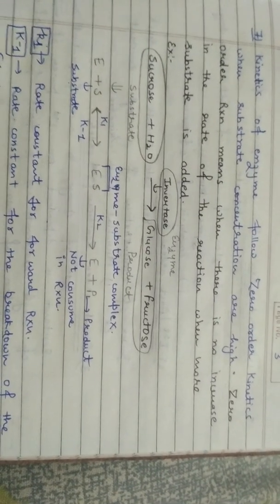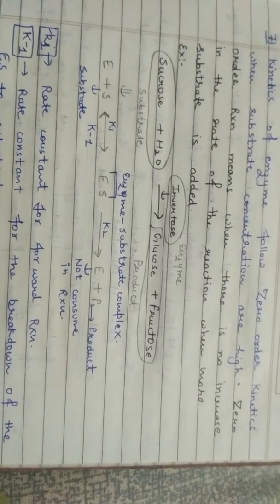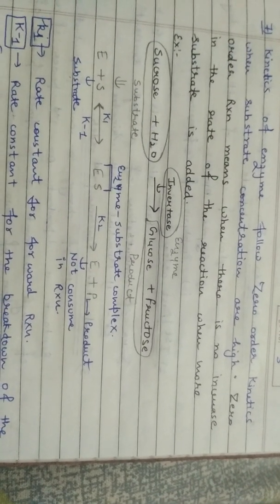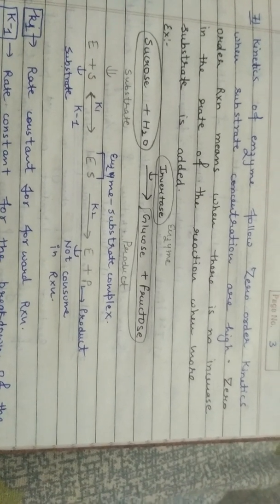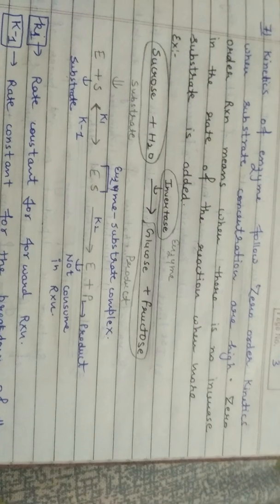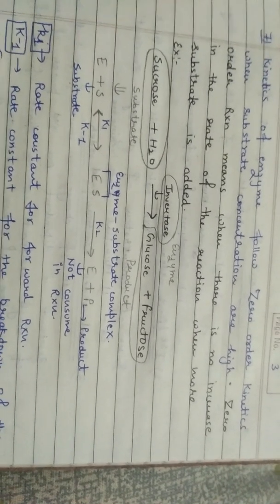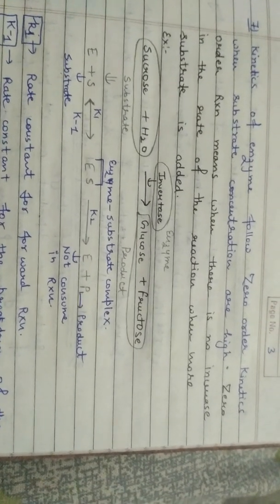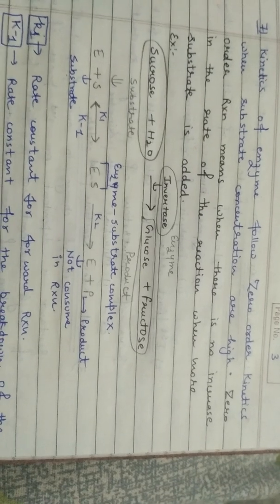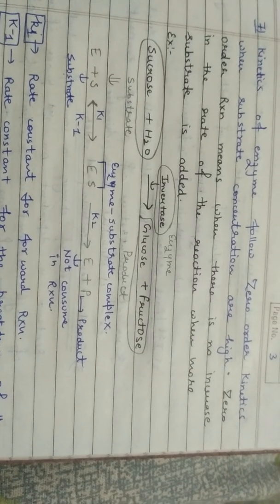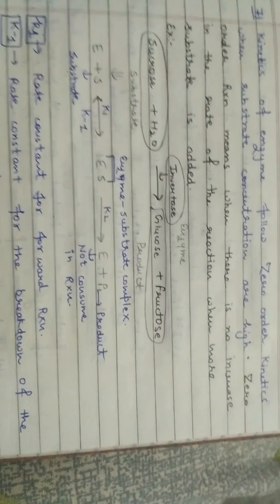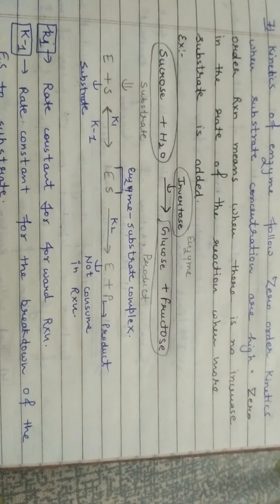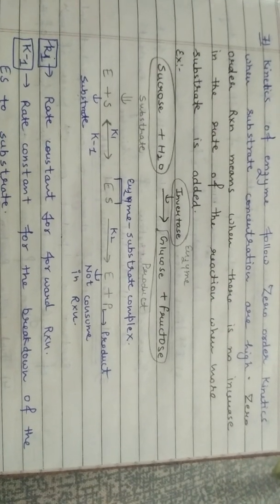This was demonstrated by Brown. When she added more and more sucrose up to a limit, the product yield increased, that is, more glucose and fructose was formed, but only up to a limit. After that, when she added more and more sucrose, there was no increase in the glucose and fructose, and she came to know that this is due to saturation of the enzyme, that is invertase. When the enzyme gets saturated, there is no free enzyme for the binding of substrate. That's why there is no product increase, and there is a graph for that, which we studied in the factors affecting enzyme kinetics.